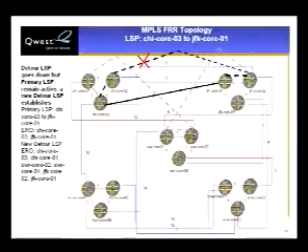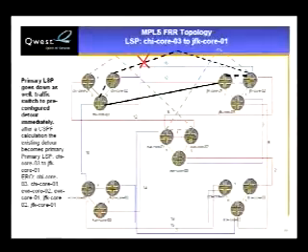On the second example, when the primary LSP or the primary link goes down, the traffic would immediately shift to the detour, with a convergence time of milliseconds. We're going to lose very minimal packets in this case. And then,